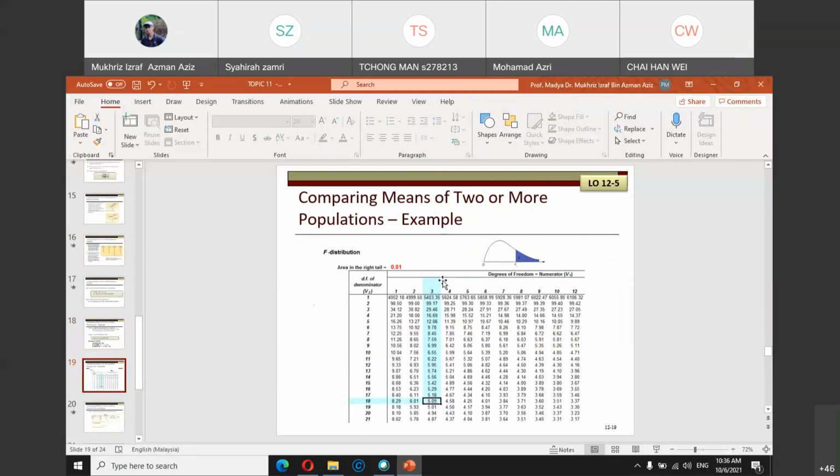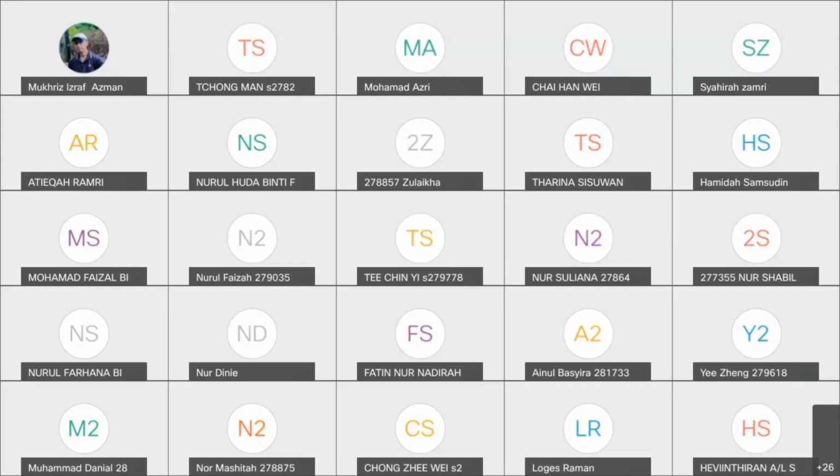Make sure that you are referring to the 1% alpha, because when you refer to your textbook, in the F table, you will